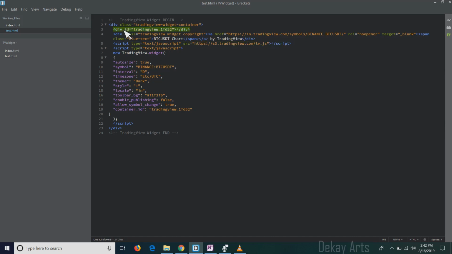Okay, so if you see this, what's happening here is, first we have to create a div element, and this should be the class of the div element, tradingview-widget-container. And when we mention this class, that is how the browser would recognize that it has to render a TradingView chart over here. And then inside that container we have to create another div component with an ID. We can create it with whatever ID as long as we pass that ID over here, the container ID, and then the magic happens and the chart opens automatically.